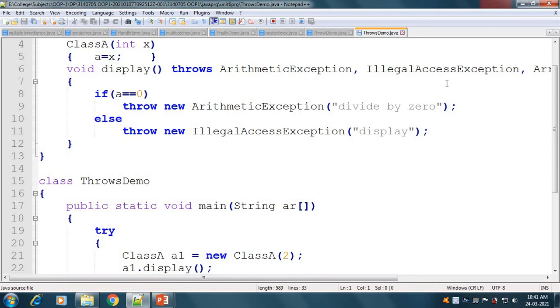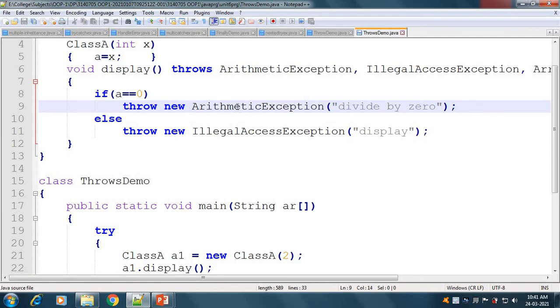So we have declared these exceptions with the throws keyword, and after the throws keyword we have put all the exception names. So the syntax for this is our method, then throws and the list of our exceptions, and all those exceptions we will have to throw.